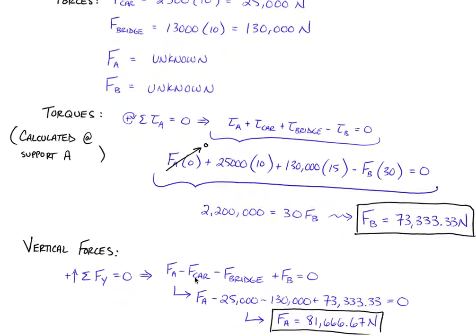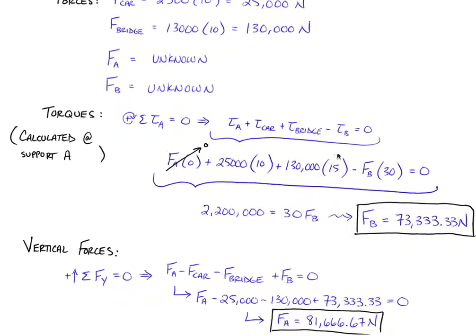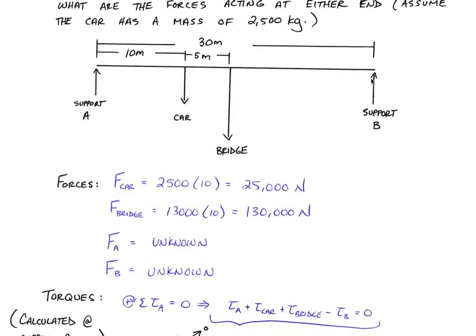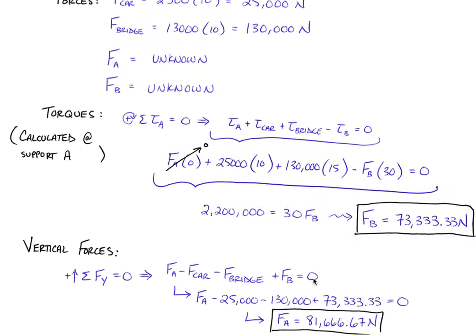I'm going to subtract the force of the car and the force of the bridge because these are two forces that are acting down. And I'm going to add the force at B because that force is also going up. I'm taking my two upward forces and subtracting from them my two downward forces, and that must all equal 0. If I plug in my known values, I wind up with this equation, and when I solve that through, the force at A is somewhere around